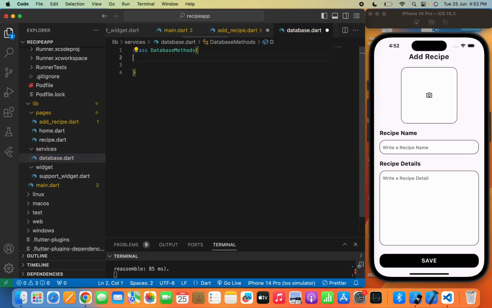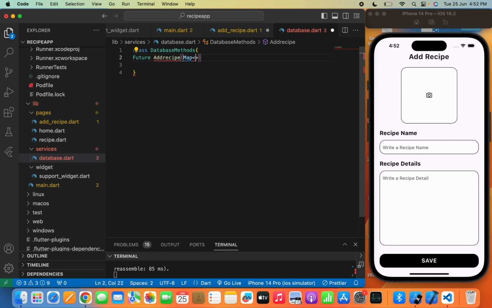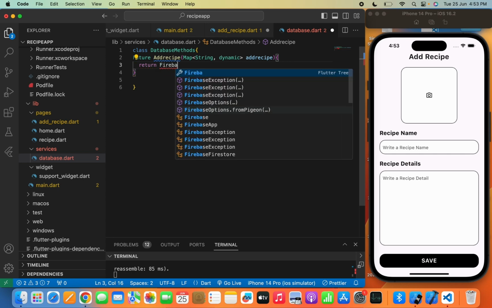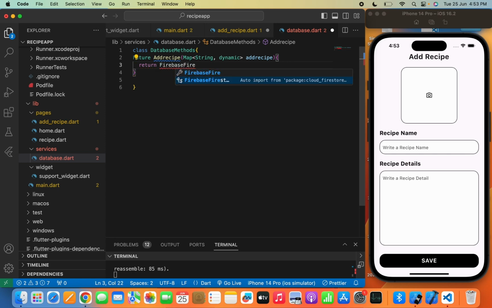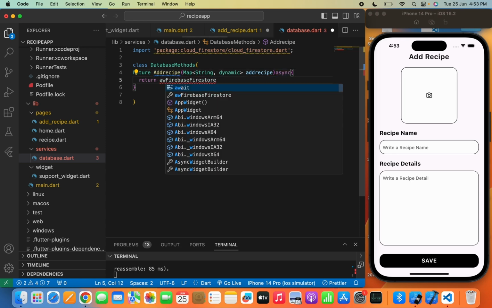Now I will write Future, and a function named addRecipe, and in this function I'm going to first pass a map. So I will write Map<String, dynamic>, and will pass a map named addRecipe, and we are going to return Firebase Firestore, but we need to also add async await so that I can wait for the function